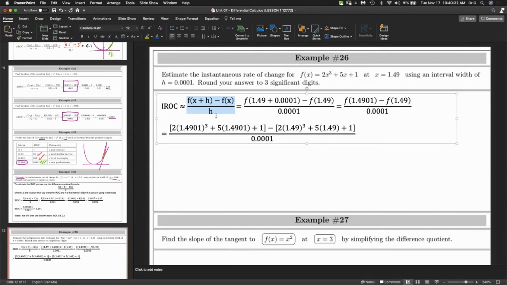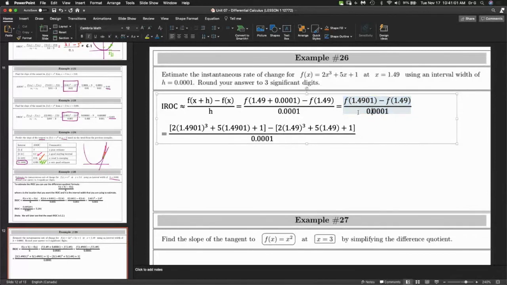And then you find the actual x values for the two endpoints of the interval. So one endpoint of the interval is 1.49, and the other endpoint would be 1.49 plus this value here. If you add 0.0001 to 1.49, you end up with the following expression that you want to